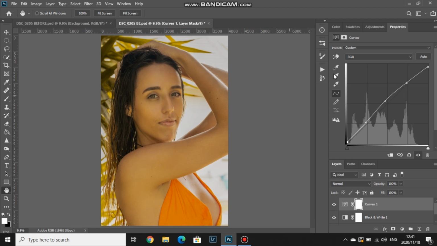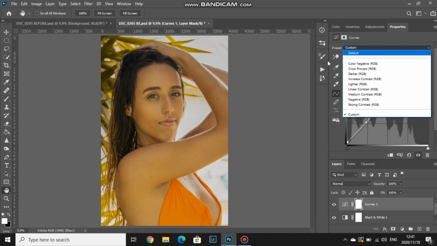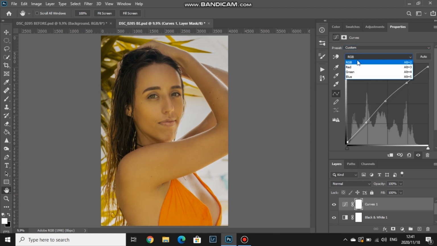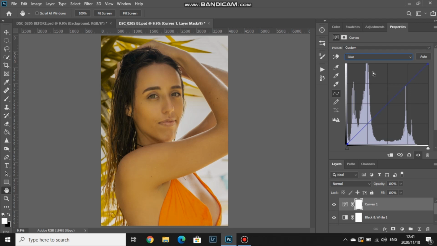Okay, so the next thing we are going to add, and it's in the curves layer as well, just click the drop down and go to blues. So I just want to add a bit of blues. I think it might have a nice sort of effect on the photo, so just play around with it, see what you like. I'm just going to add a tad bit over there, and then let's see, maybe a little, just more or less there. And then let's see,